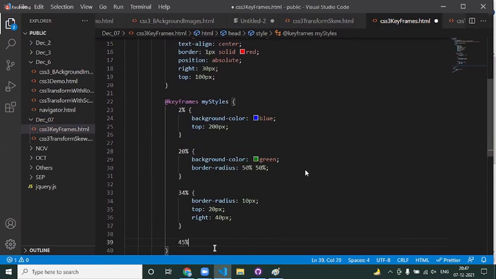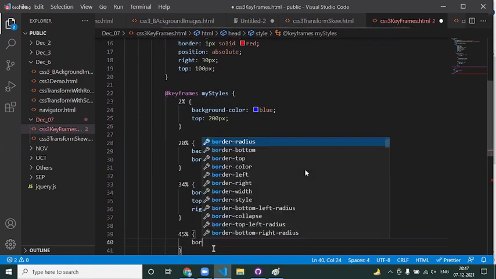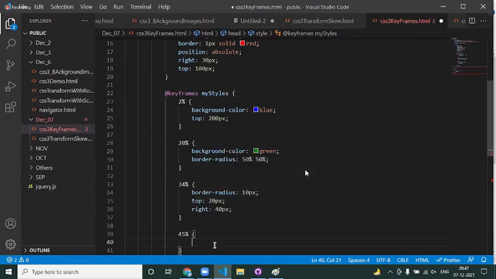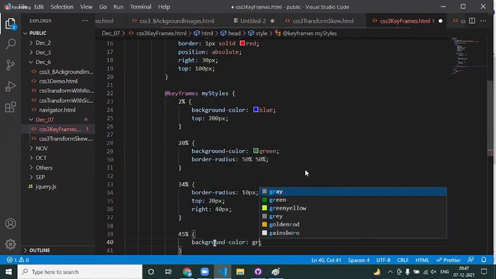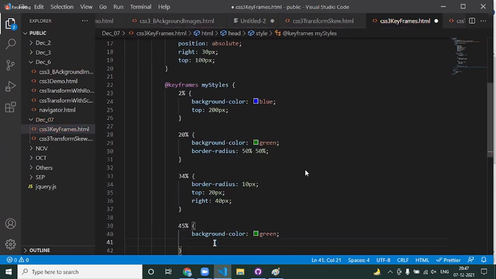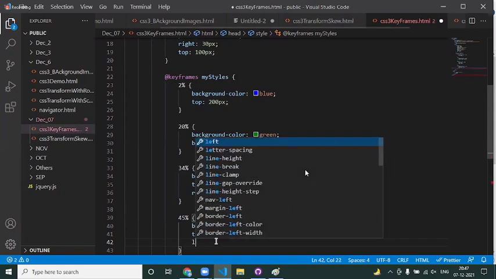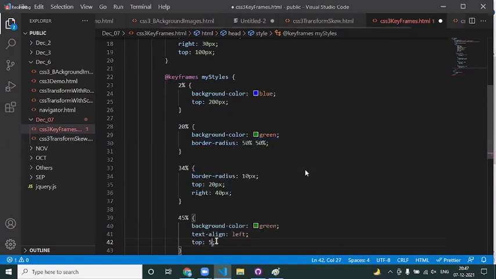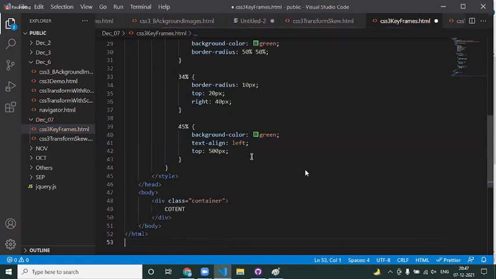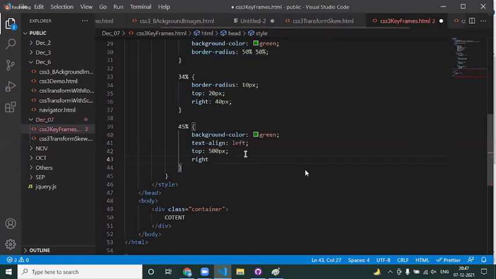At 45%, I specify background color, say green. Text align left. Any CSS property you want, you can apply, it's up to you. Text align left, and the left property or top property 500 pixel. Right of 200 pixels, something like this.